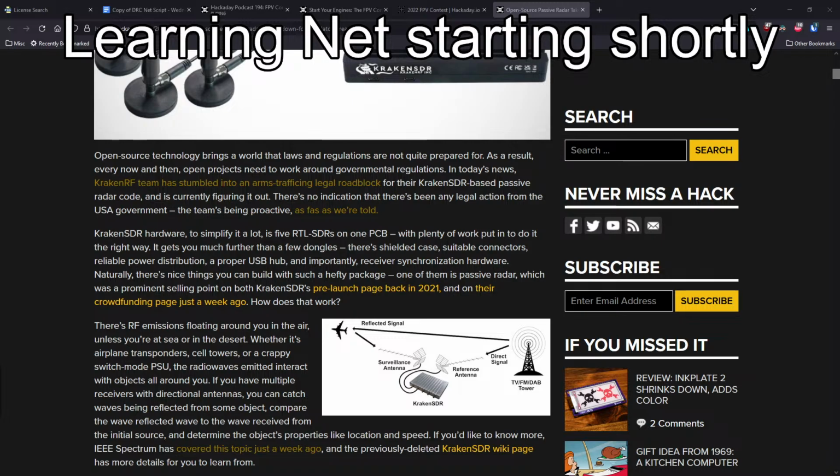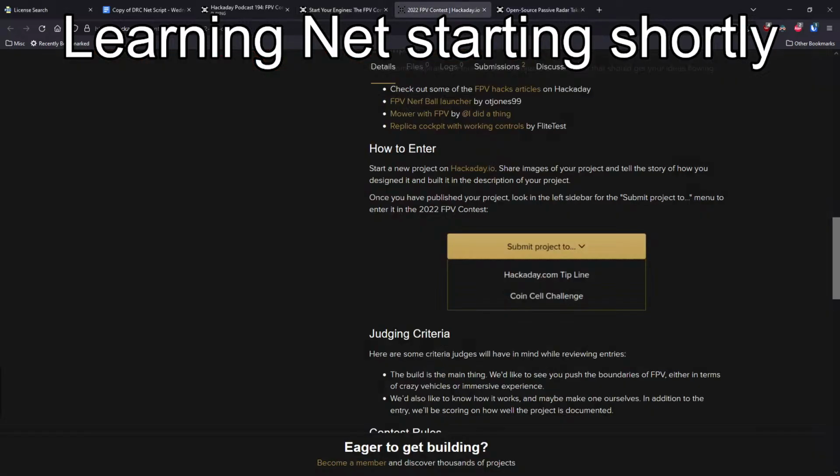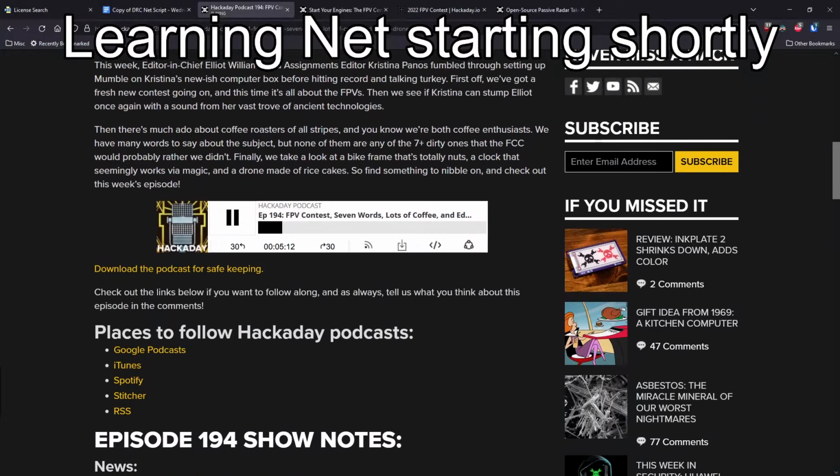And on the other hand, it's so super awesome and super high tech that it's actually kind of a controlled military secret. And exporting these from the US to other countries is probably in violation of ITAR, which is the International Traffic in Arms Regulations, whatever the R stands for. Regulation, regime. So the Kraken SDR folks are trying to figure out if what they're